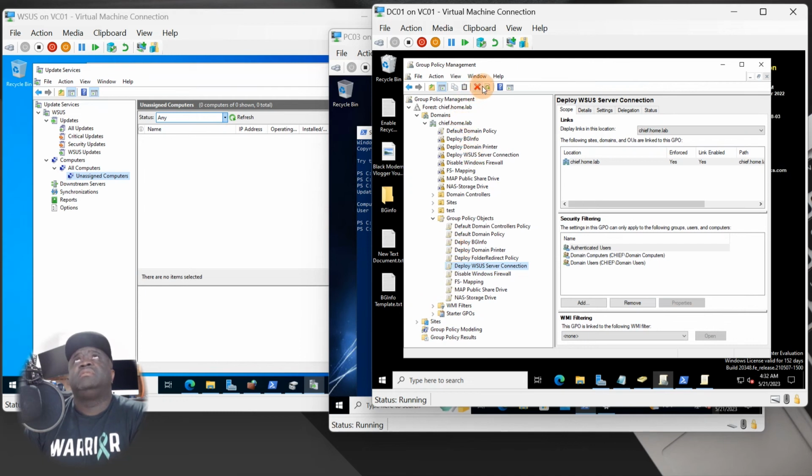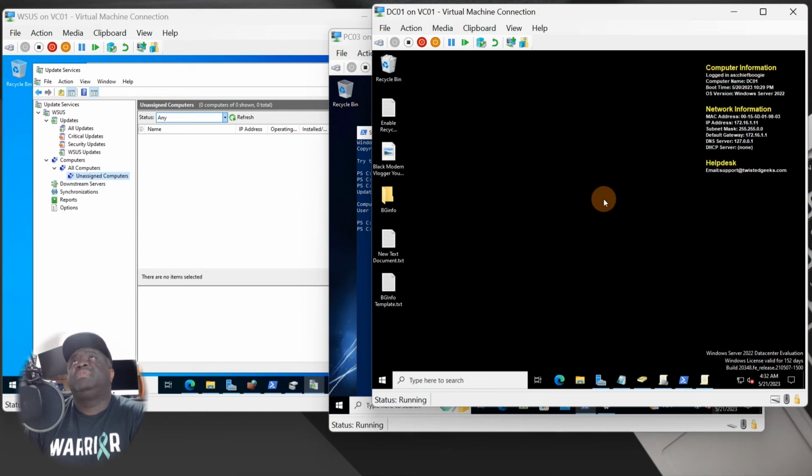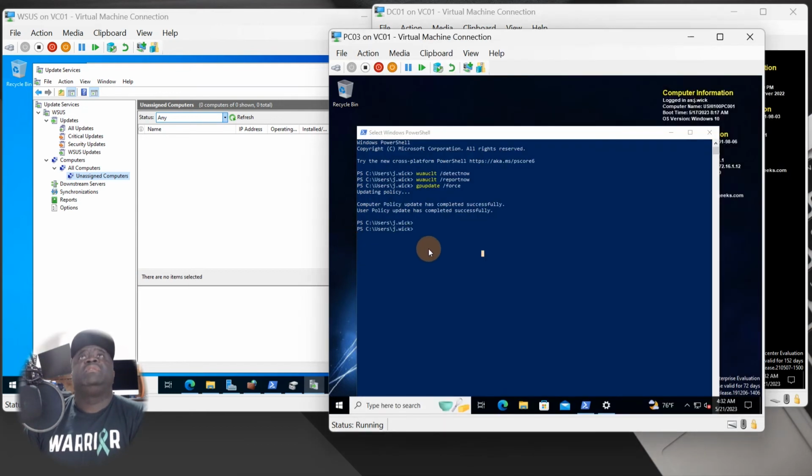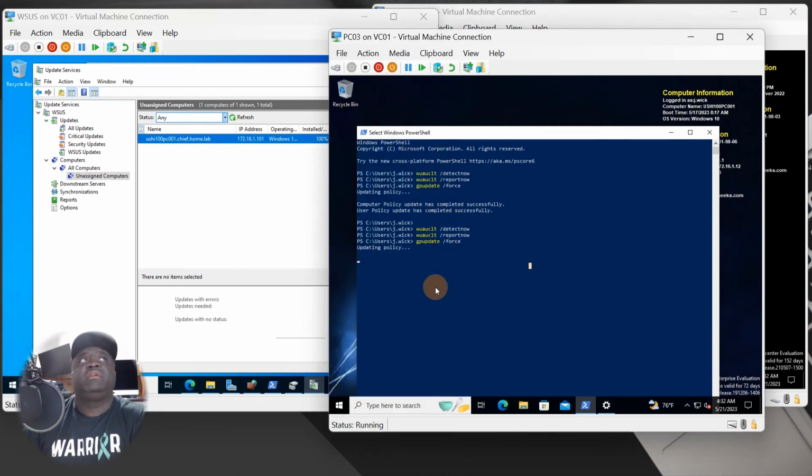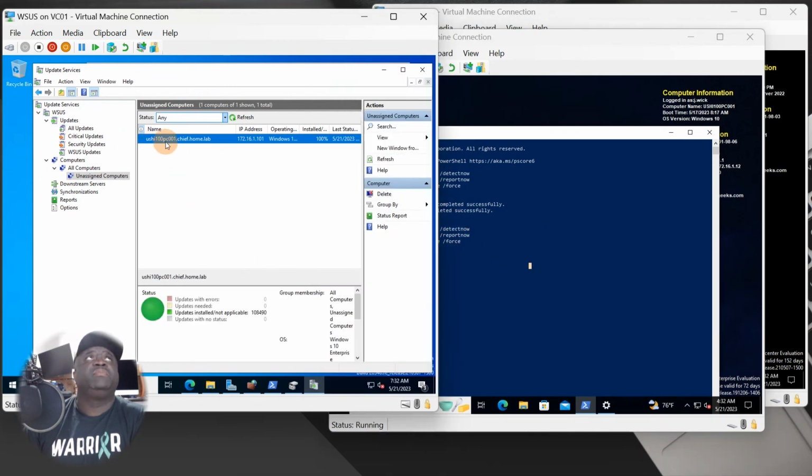All right, so looks like the GPO is set and everything is good. Now we're just waiting on this client to actually communicate, and I'm trying to see if WSUS will actually. Okay, so it looks like one computer. There we go. Awesome. So it reported right here, and as you can see, this is a computer right here